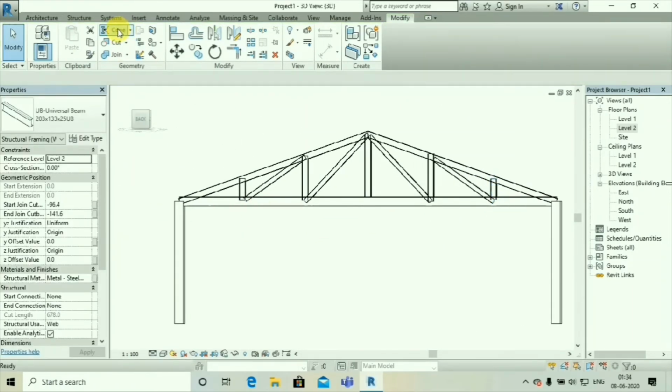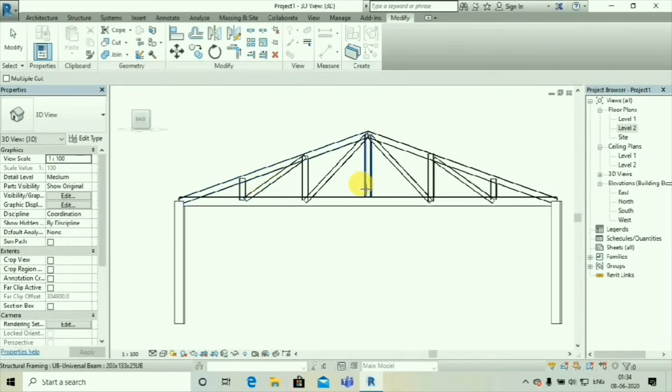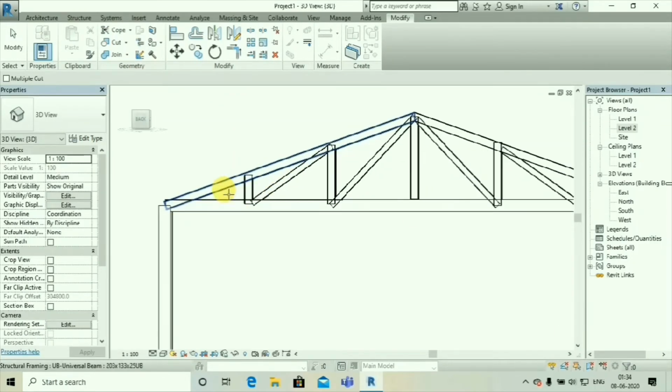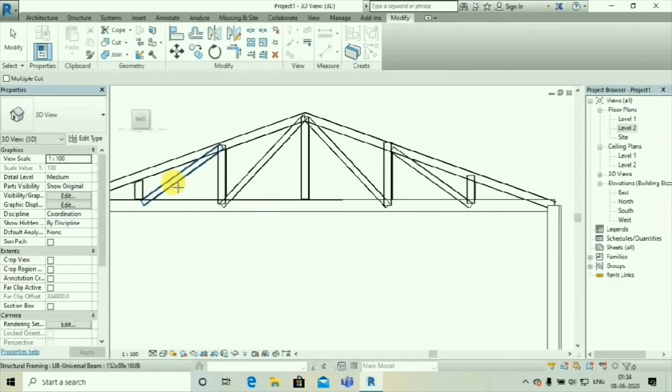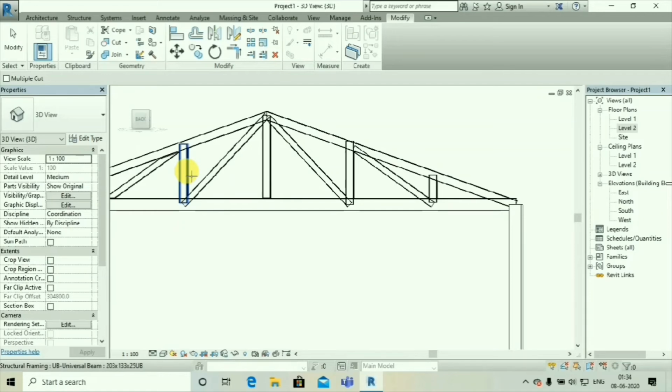Now go to coping. For this, because these are all overlapping and it is not looking right, click on this beam, then this beam, click on this beam, then this beam. You cannot do this at once, you have to select each one individually, otherwise you cannot do the whole thing in one time.